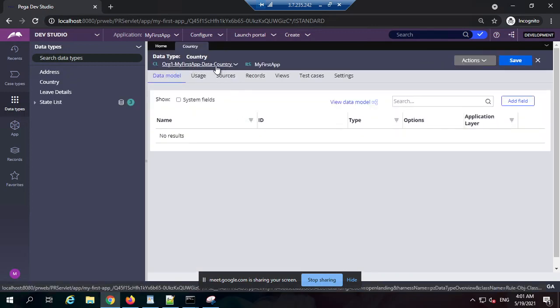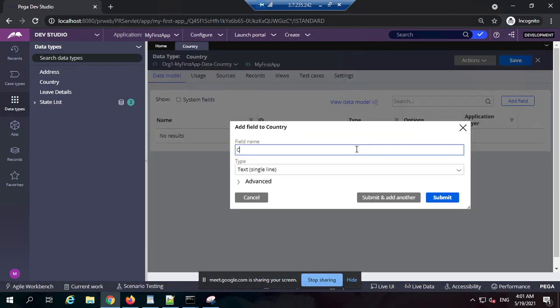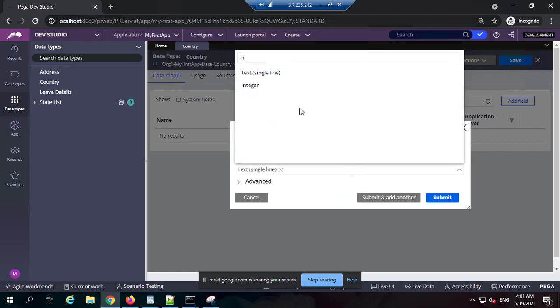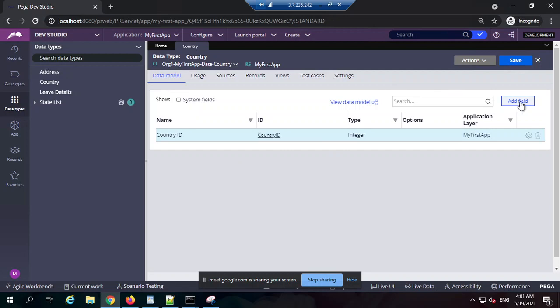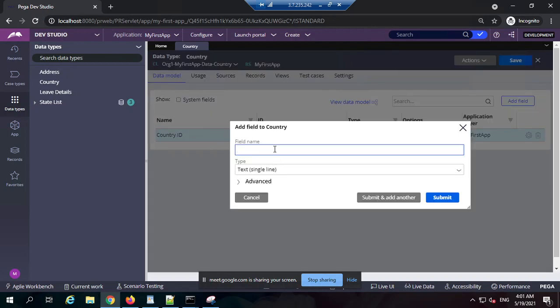Now this is the class it has created, and let's add two properties. First would be country ID; let me keep it integer for now. And second would be country name. This ID I'm keeping just for my reference, as I want to make it the primary key.